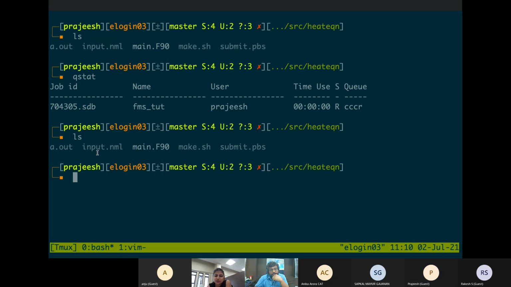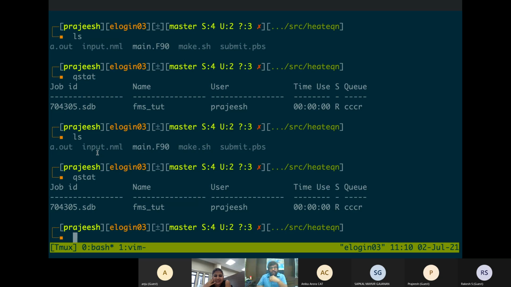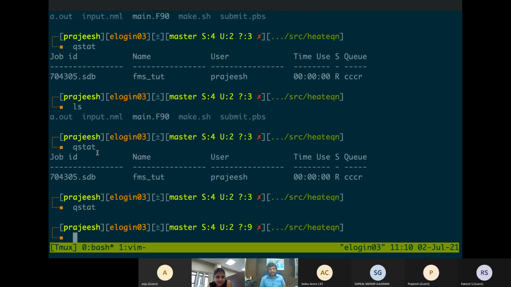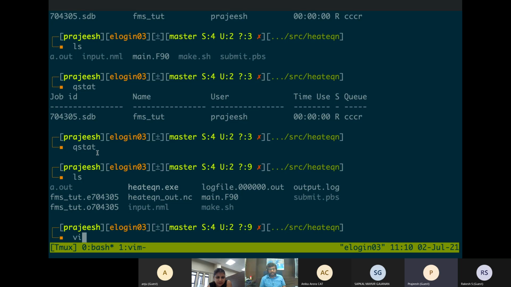What is that time use? I don't know that. It should be the time since it started running, but I'm not sure. It got killed.